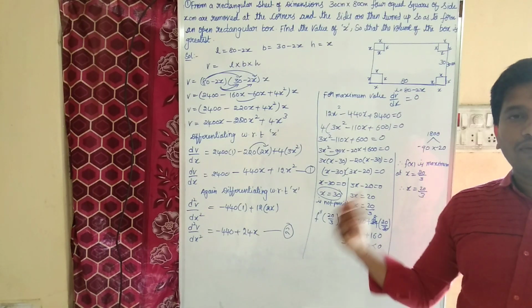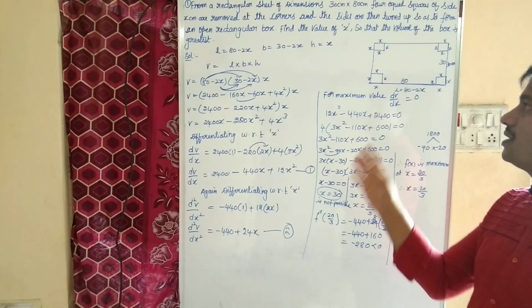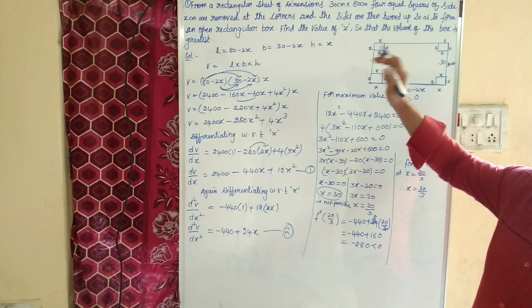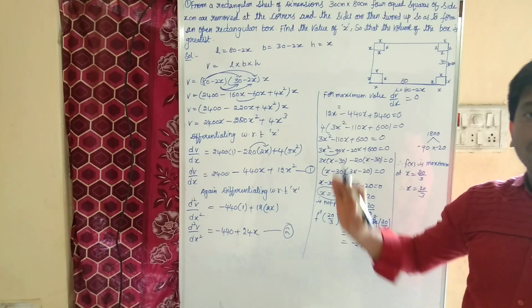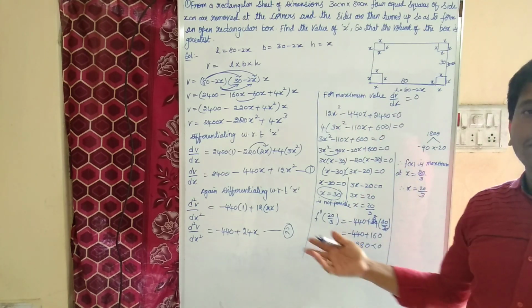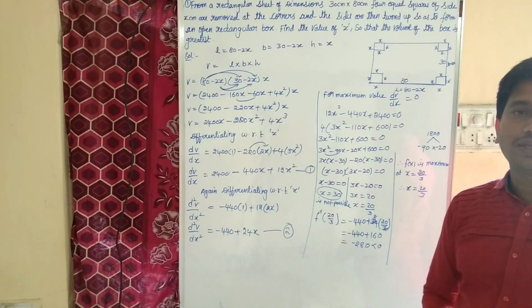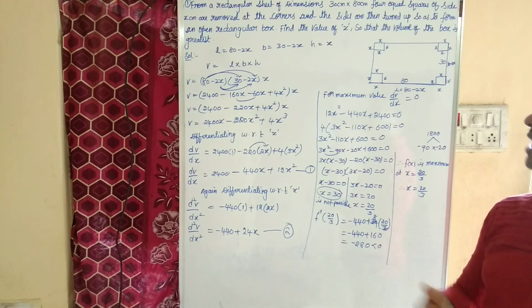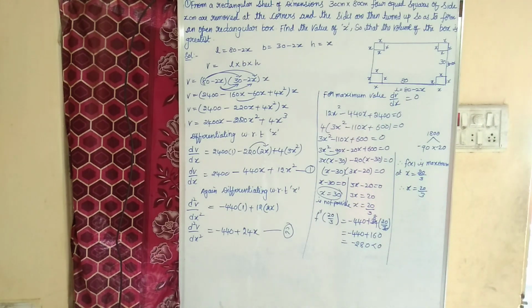Okay children, if you practice once, only once is enough. If you practice, it is easy; every year they are asking this question. It is one of the most important questions among the 4 questions. This is just differentiation and factorization, that's all. Nothing else is there in this sum. Children, as per my suggestion, as per my knowledge, I will suggest you to do this sum. Very easy sum. Okay children.